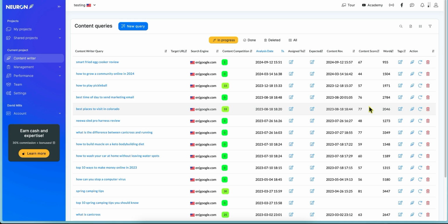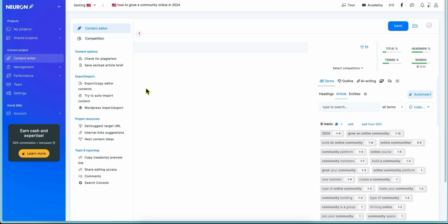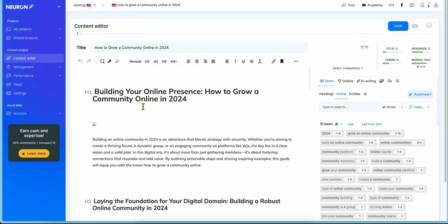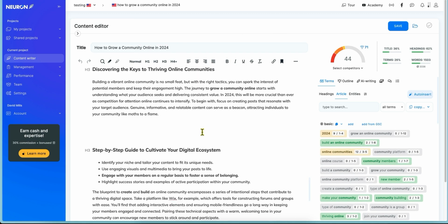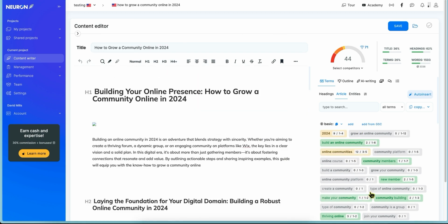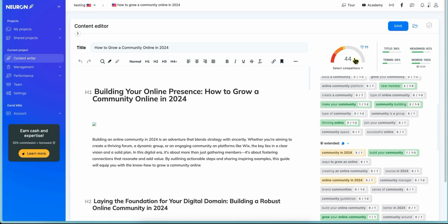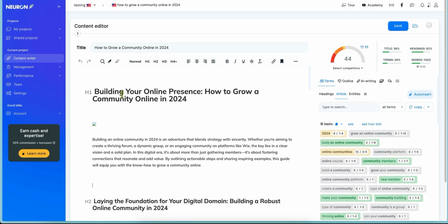use the tool. Basically you'll come in here, and let's just say we went in here to "how to grow a community online." You can see you're going to get a keyword score right here, which is great. Then we'll come over here, open this up, and this is what the inside of the tool looks like. You're going to have your headline, all your content right here, and it's going to tell you keywords that you should add to your article over here, and it's going to give you a content score right here, and there's all kinds of different things that you can do in order to get this to